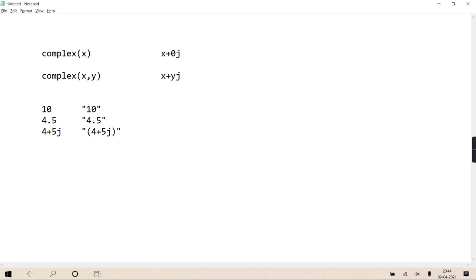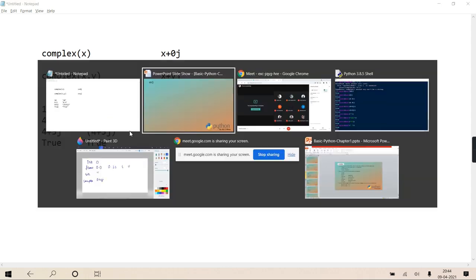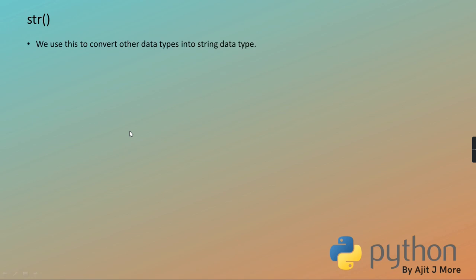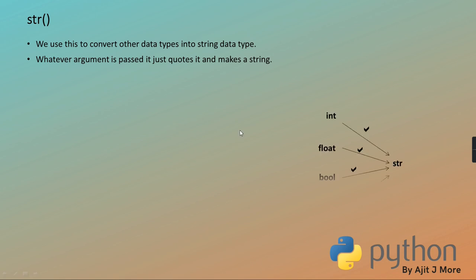Getting? And if it is Boolean, the Boolean representation is given in string form, like this. Okay, so any value can be converted to string. Very simple rule. So we use this to convert other data types into string data type. The rule is whatever you pass, it is returned in quoted form. Whatever argument is passed, it just quotes it and makes a string. That simple rule it is.